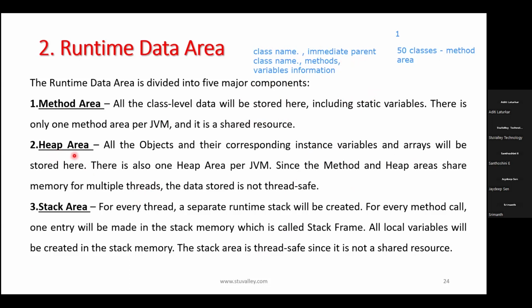Okay. Next one is the heap area. So heap area, whenever you are creating any objects of that class, okay, whenever you are creating any objects of the class, that object and its corresponding instance variables and arrays will be stored here in the heap area. That means